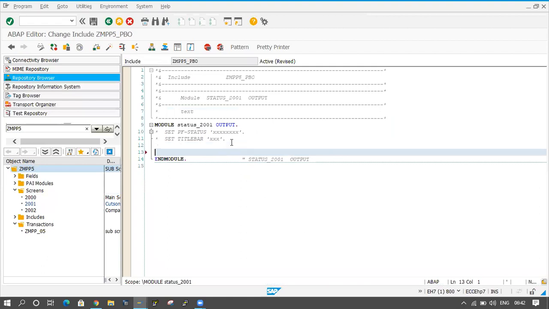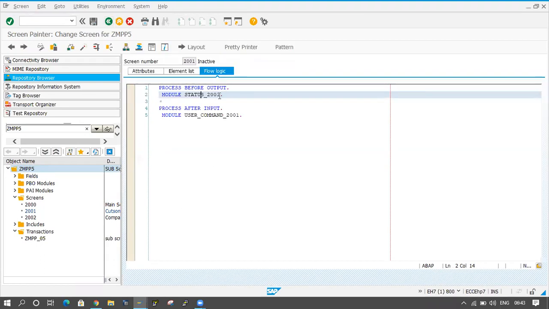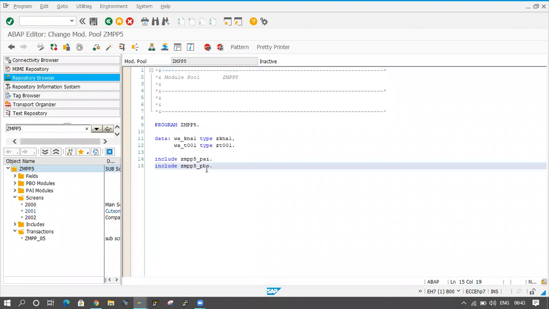Here I now want to add some drop down values. Someone is asking a question. Hello, sir. Yes. Sir, could you repeat that, creating the PBO, once again? So you created one include, sir. Could you show once again? You have saved it two times, no? So this is the PBO here.